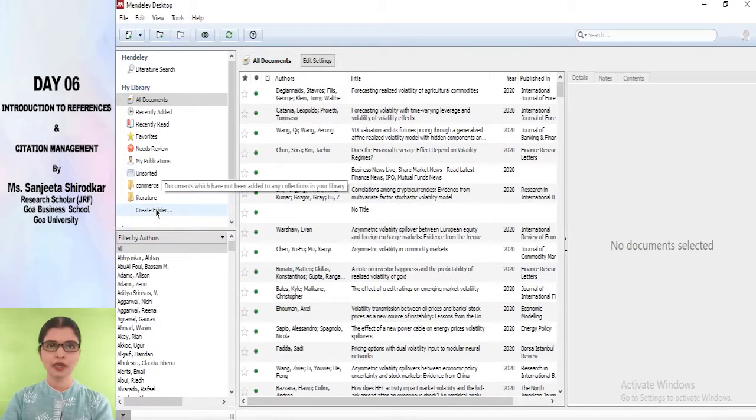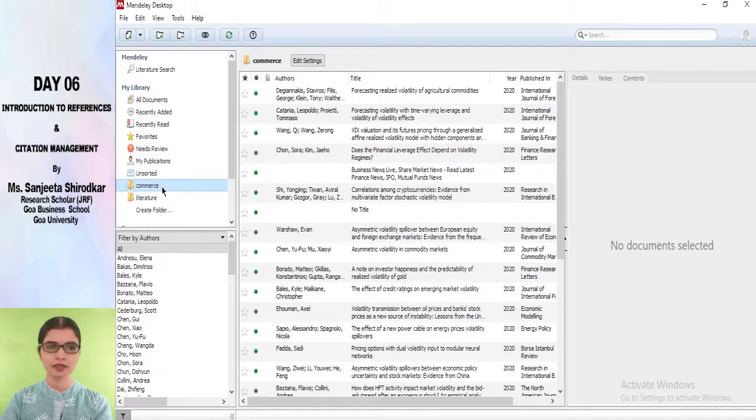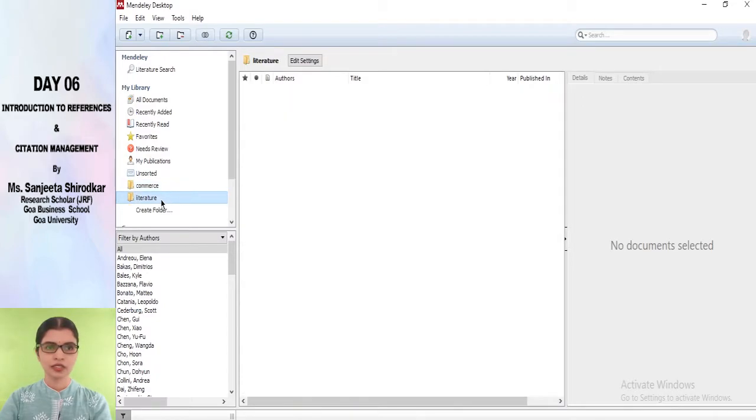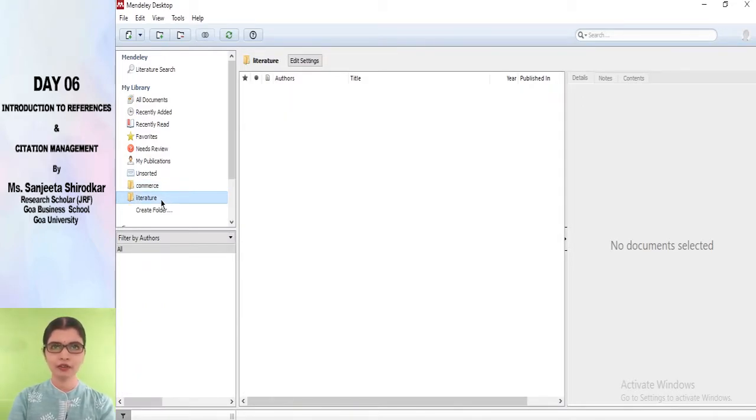If you click on a particular folder, whatever the contents of the folder are will be shown in the middle part, here. Since the folder I clicked just now is empty, it is showing blank.